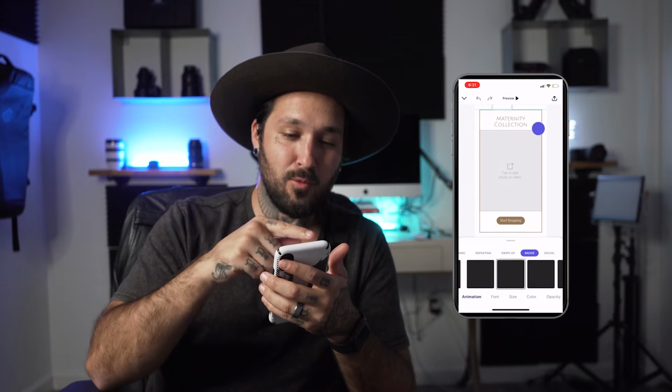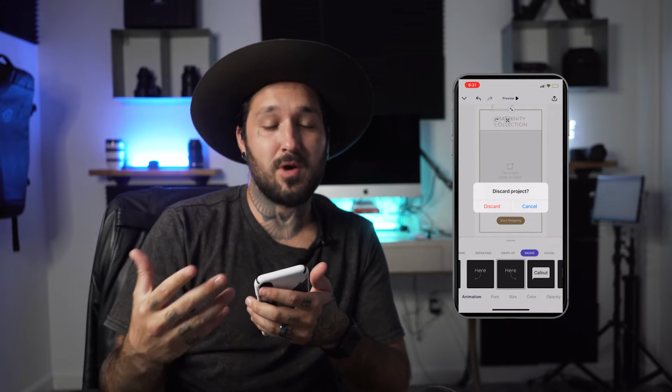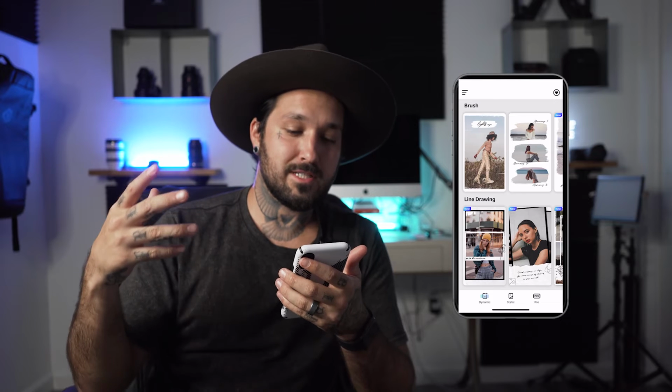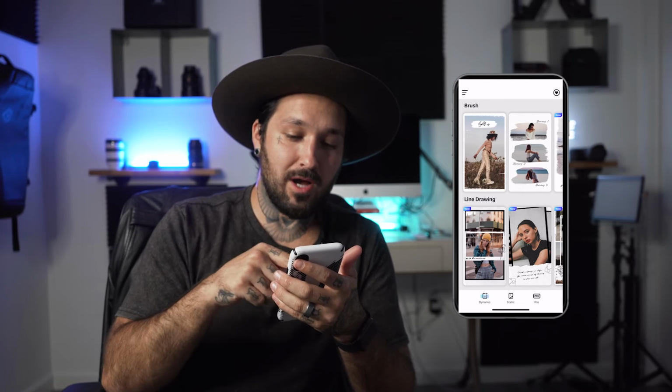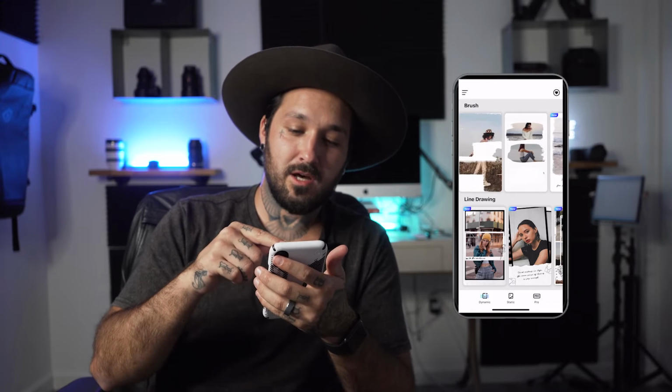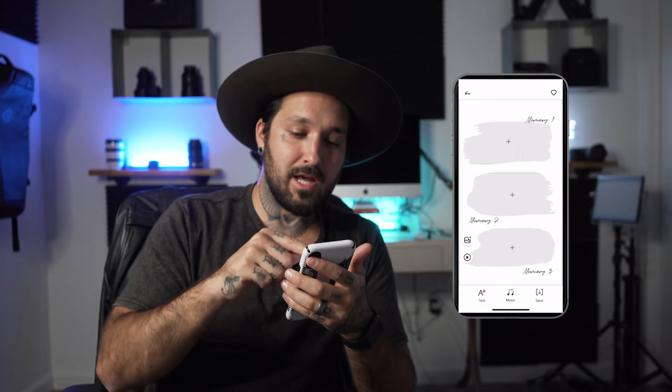Yeah, you could do whatever you want in here and make it your own, which is really cool, and one of the main reasons why I really like this app. So we're gonna go into Mojito. The reason why I have all 3 of these that are kind of very similar is they all have different effects on them. Like this one right here, Mojito, I like this one because it offers kind of like this brush, paintbrush effect. So for this one, I can just come into here, click on that, and then I can